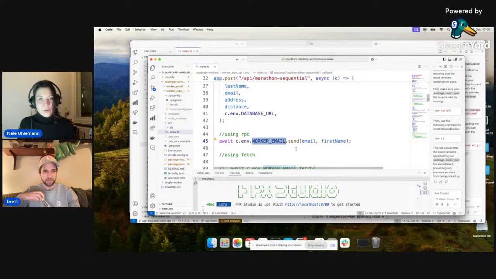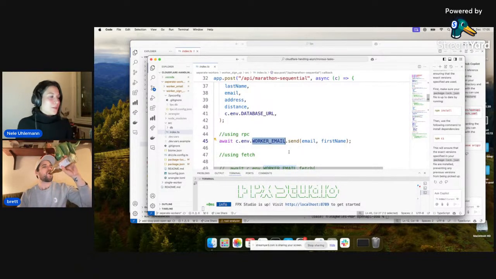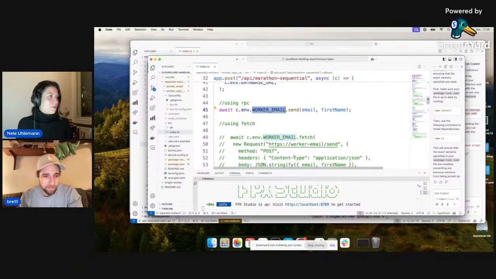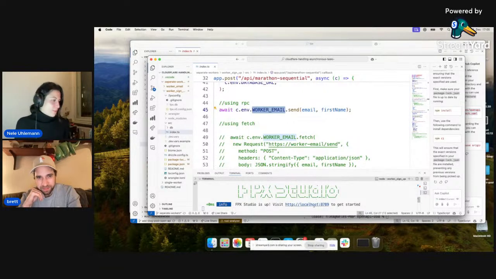The other thing you can do with Cloudflare is not only over RPC, but also fetch is working. It's commented out here, but you could also use the fetch method on the email worker to call the worker. And now the cool thing, what we did in Fiberplane Studio